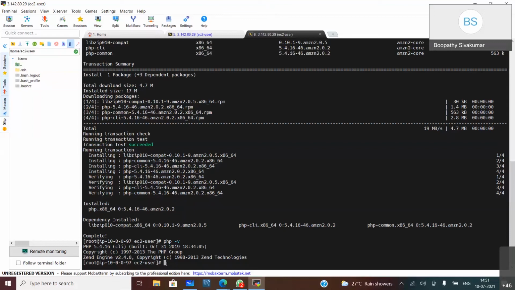So can you give cd space slash, it's a forward slash, var slash www slash html.